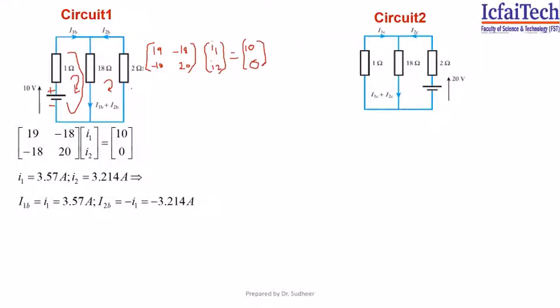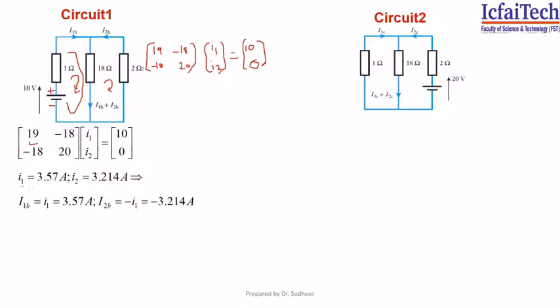The first diagonal element is the sum of all resistors in a particular loop, and for the off diagonal elements, find out the resistance which is common between the first mesh and the second mesh, and write it with a negative sign. On the right hand side, if you are encountering minus to plus, taking it to the right hand side, it is plus voltage. If there is no voltage source, the right hand side will become 0.